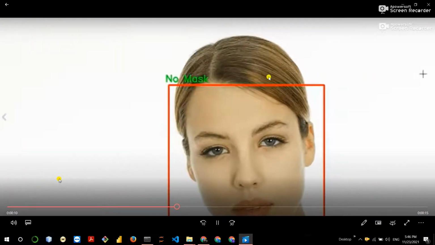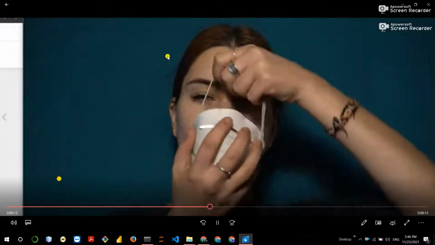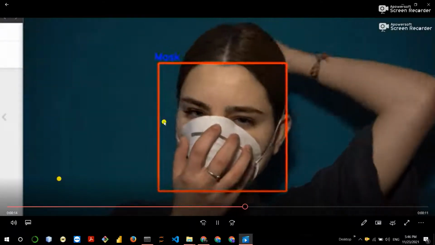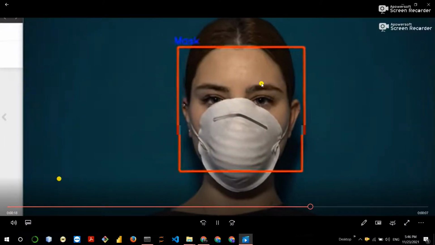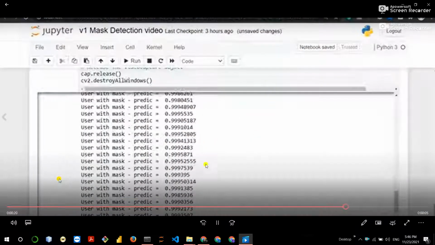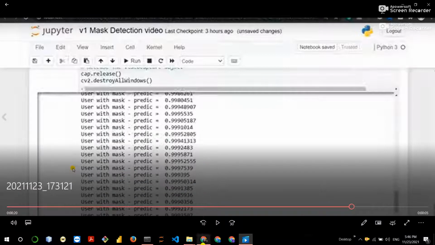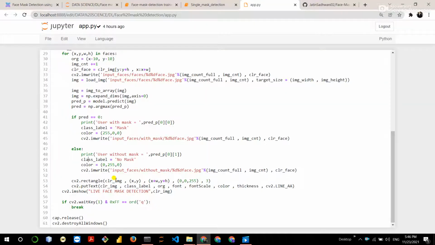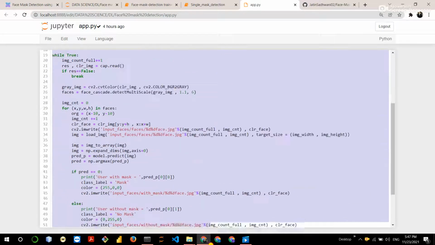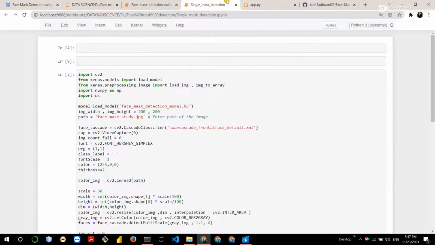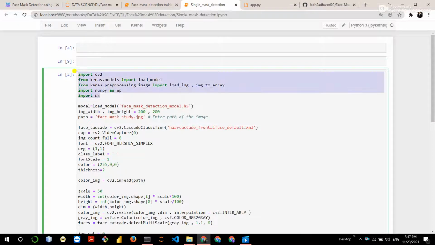This is for real time detection, and this type of model classifies your face. This one is for real time detection, and the next is for single image detection.